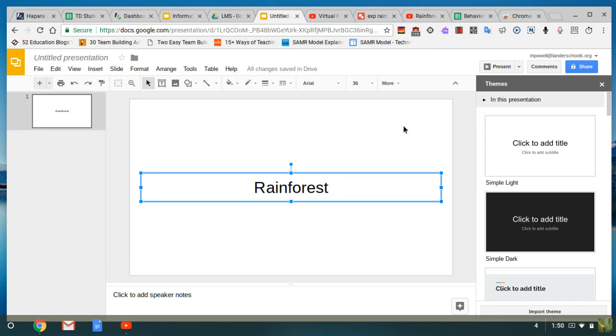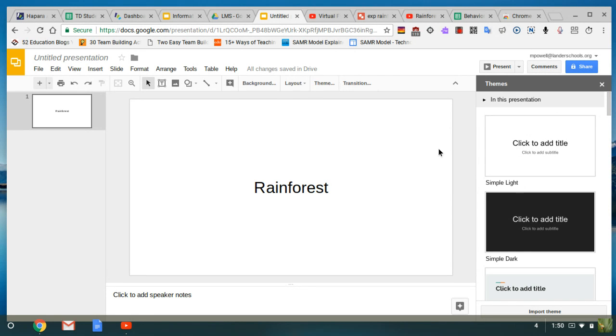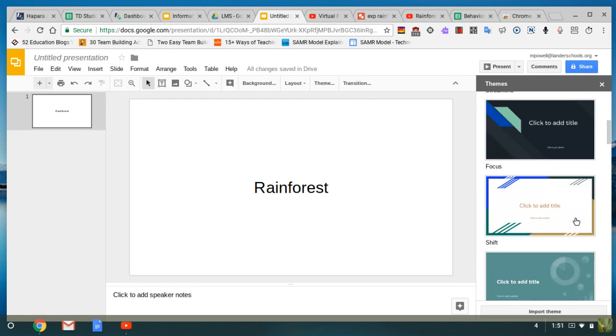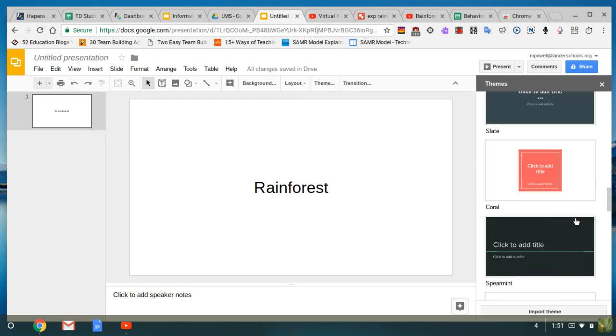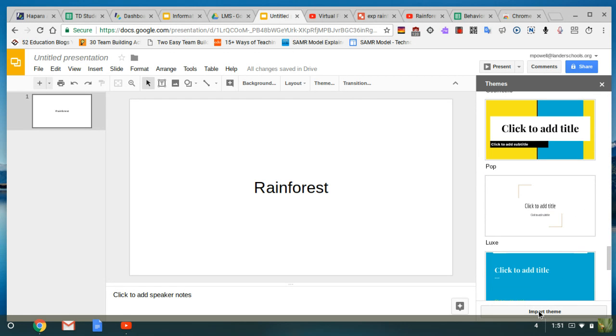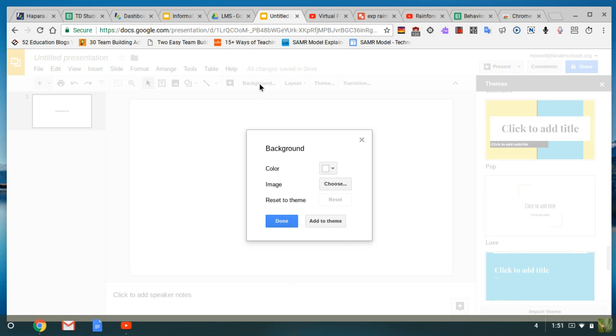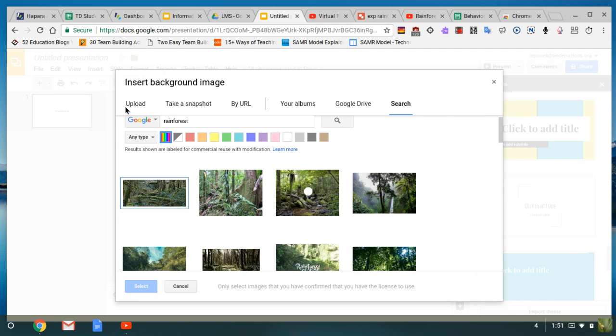Then when I'm adding a theme, most always a theme bar will be up here on a sidebar. If not, you can just click theme and it'll come up as well. These are the ones that Google Slides already has pre-made for you. You can click import theme and that will allow you to import a theme you've already used in a different Google Slides. Or if you go to background, you can actually create your own theme of whatever you want it to be. So I could choose a color, or if I click image, I can upload an image from anywhere,